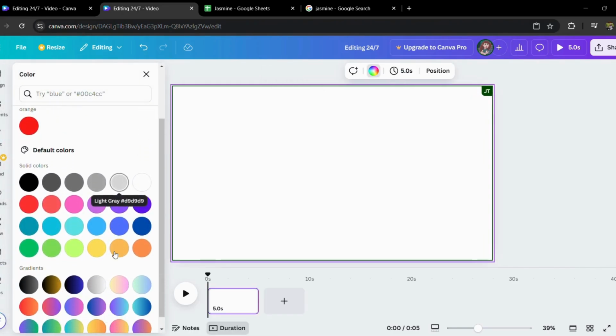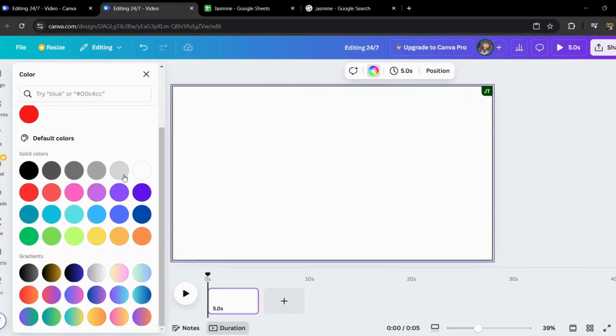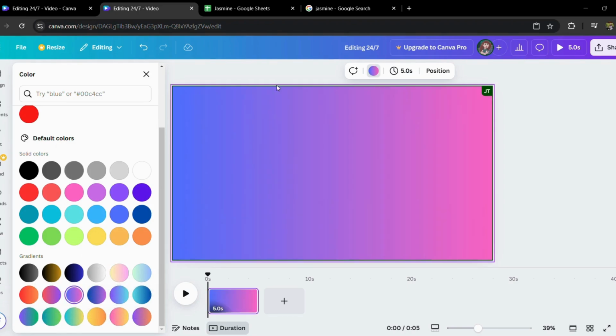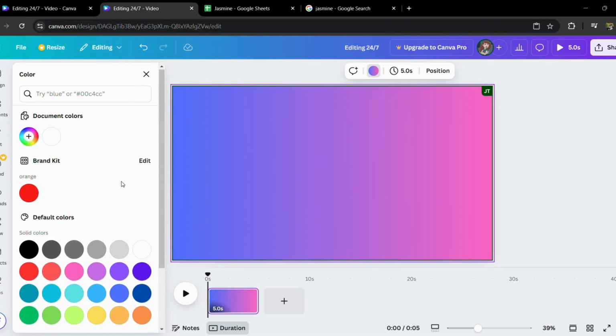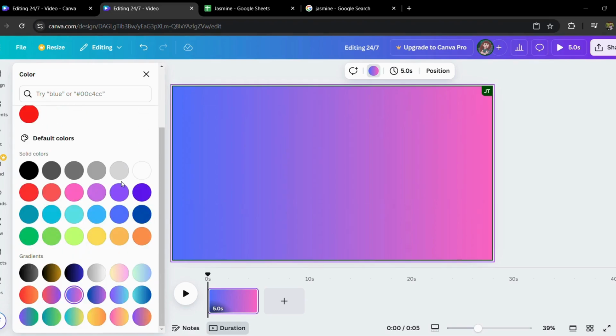And here you can choose various options, but since we're going to turn it into gradient color, there is an option of gradients just below the solid colors. So let's say I want to choose this one over here, and there you go. There's another option, like you can simply tap in here, and